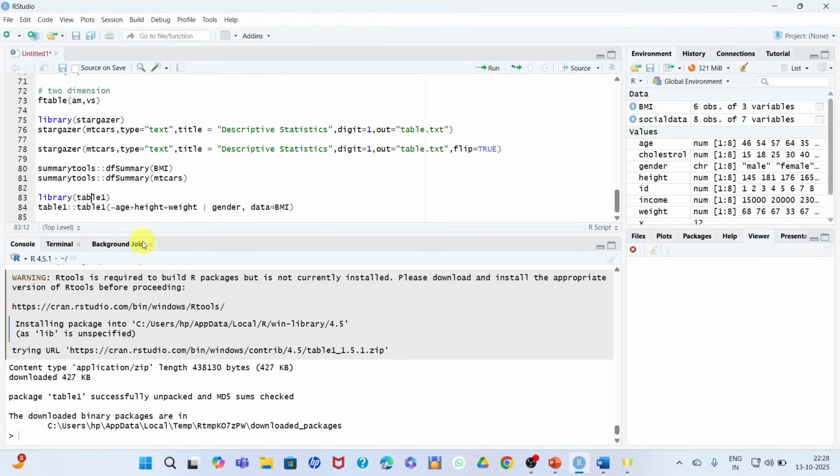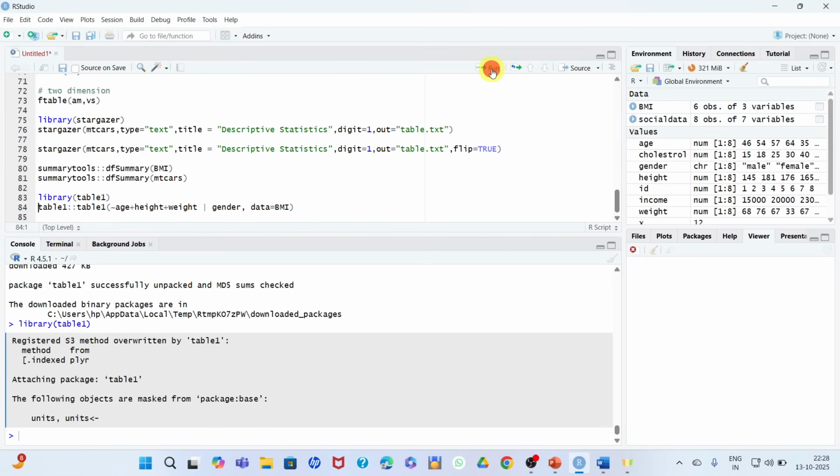Package successfully unpacked. Let's activate this with library table1. So here you can see that this is activated, and the command is table1 double colon table1. In between brackets you have a tilde sign, age plus height plus weight,